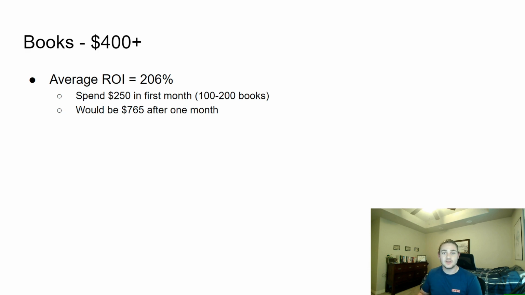But this assumption doesn't quite work with books as well as it does with online arbitrage and wholesale, which I'll talk about in just a second, because those books are going to be held up in your inventory for a lot longer. But in the long run, that $250 you spent is going to be $765, but maybe after a year. So a little over $500 in potential profit is what you could expect from that, because with books, you can expect about 1 to 2% of your inventory to sell every day.